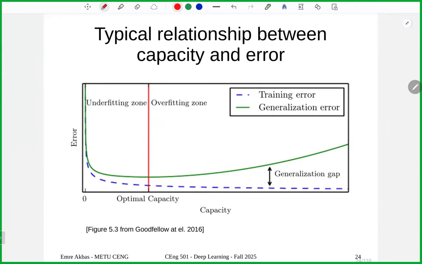So the x-axis is capacity, and as you go from left to right, the capacity increases. This means the number of parameters is increased for your model. It could be the number of layers, number of filters, number of neurons, and so on. And error is the